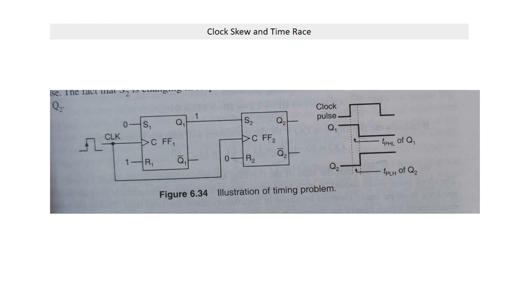The potential timing problem in flip-flop circuits is shown in the figure here. A typical situation where this type of problem occurs is shown in the figure, where the output of the first flip-flop, Q1, is connected to the S input of the second flip-flop, and both flip-flops are clocked by the same signal at their clock inputs, which is a positive-going, edge-triggered clock input.